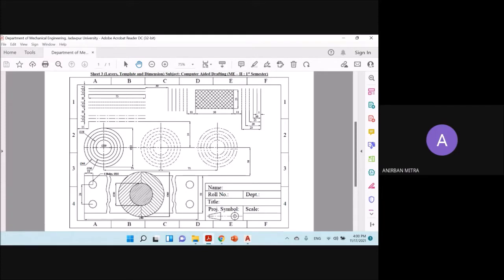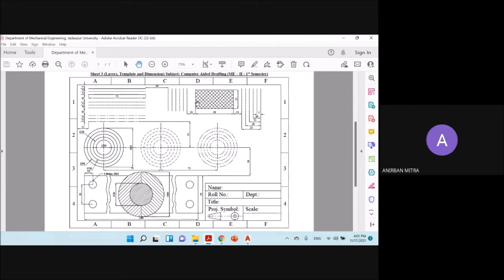So obviously you can guess that you have to create the different layers. You have thick lines over here, thin lines over here. These are probably thin lines with a dashed line type. Center lines also have to be thinner than the object lines. So dimensions are provided for all of them. You can very easily create these things.